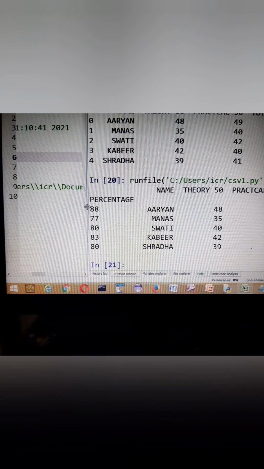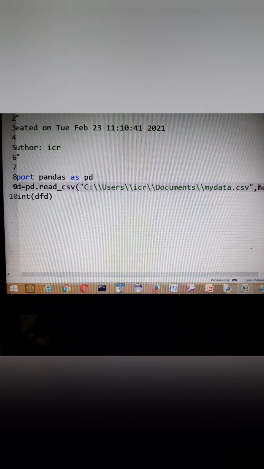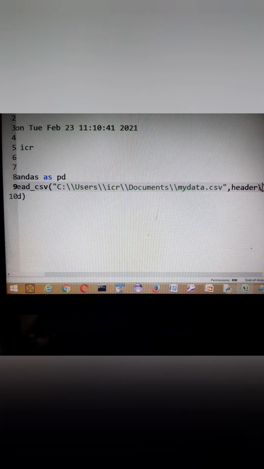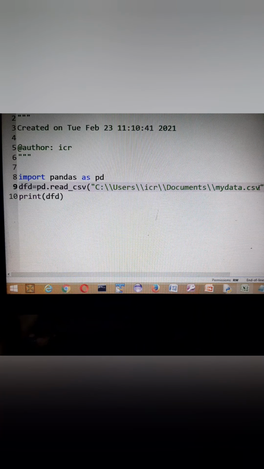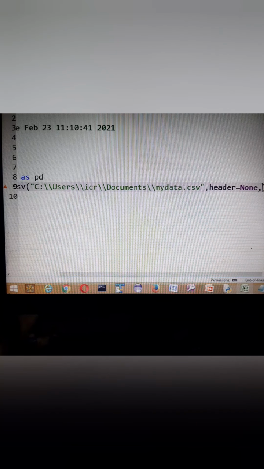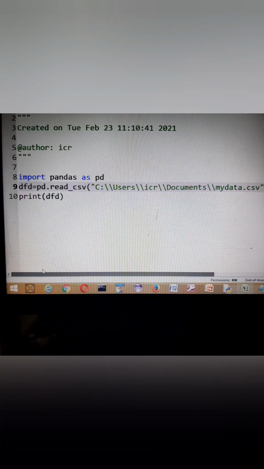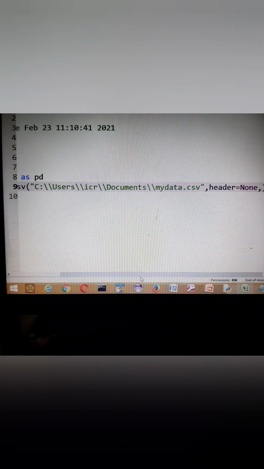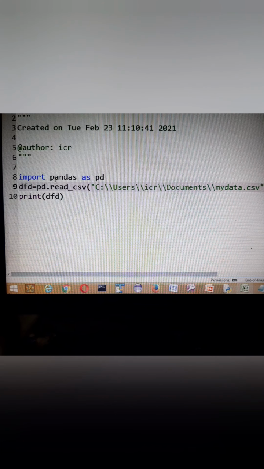Like if I write over here header is equal to none, and then we write my data frame name, suppose I want to print my data frame's percentage as the highest.